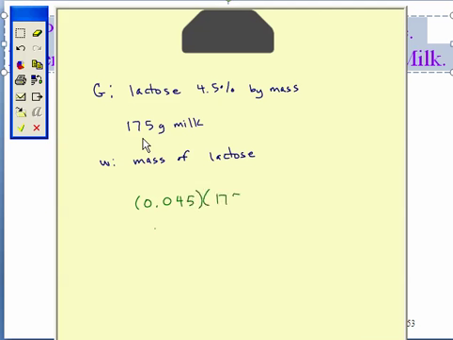To take a percentage of any value, we change the percentage to its decimal form and then just multiply. So 0.045 times 175 is